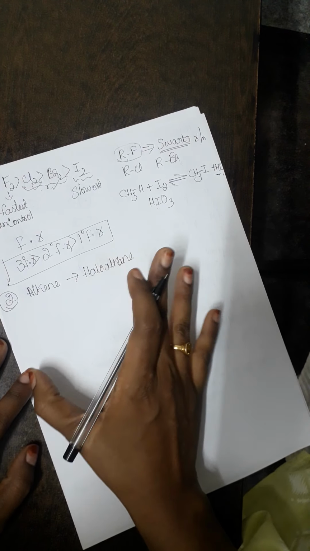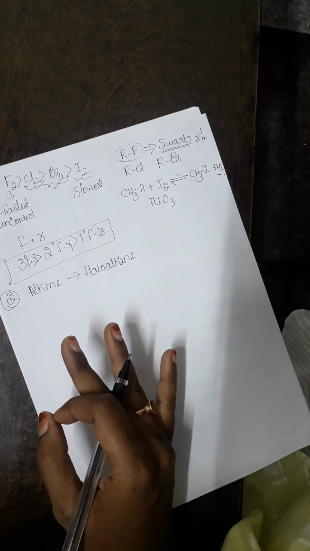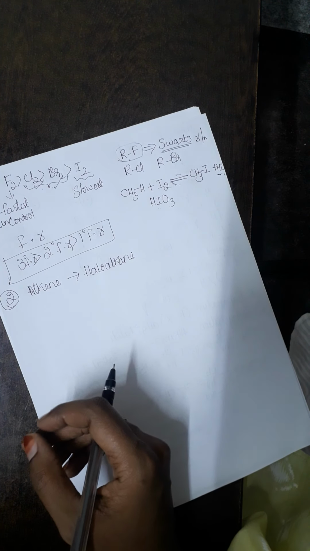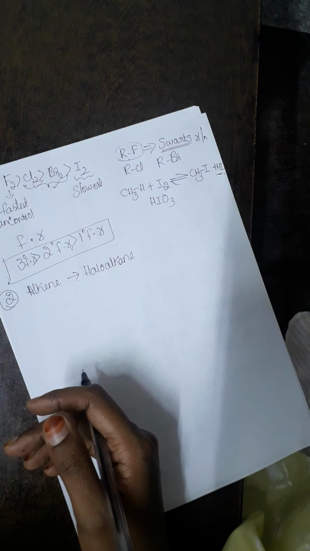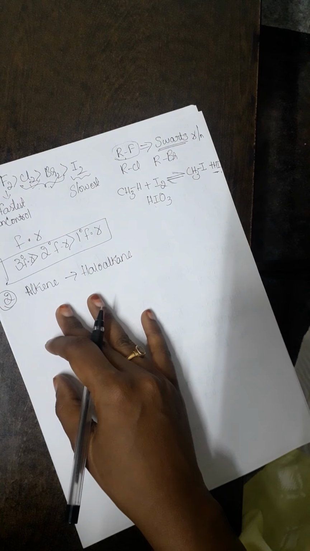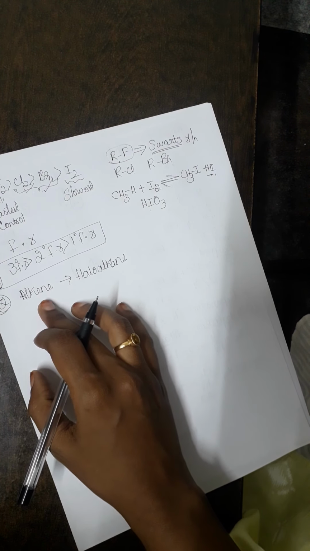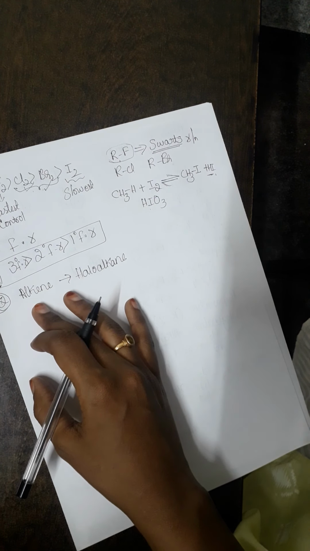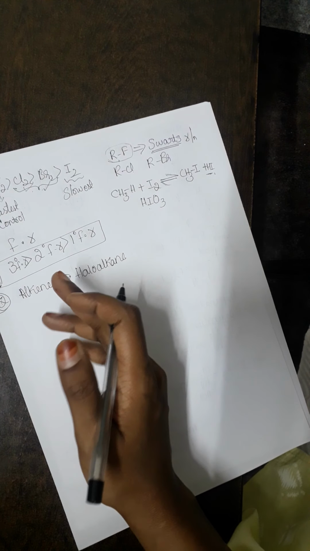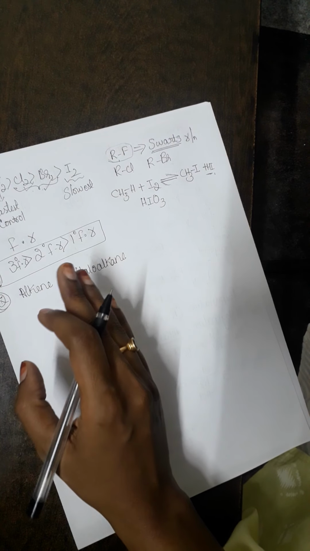You should know the basic knowledge that if I have a saturated hydrocarbon, it has to undergo a substitution reaction. Why? Because you know that single bonds are very strong in nature and breaking them is very difficult. Therefore they don't undergo addition reactions, but only substitution reactions. On the other hand, if I take an unsaturated hydrocarbon, an alkene or alkyne, what will happen? Since they have a pi bond in them, we know that pi bonds are weaker when compared to sigma bonds. Therefore they do undergo addition reactions.